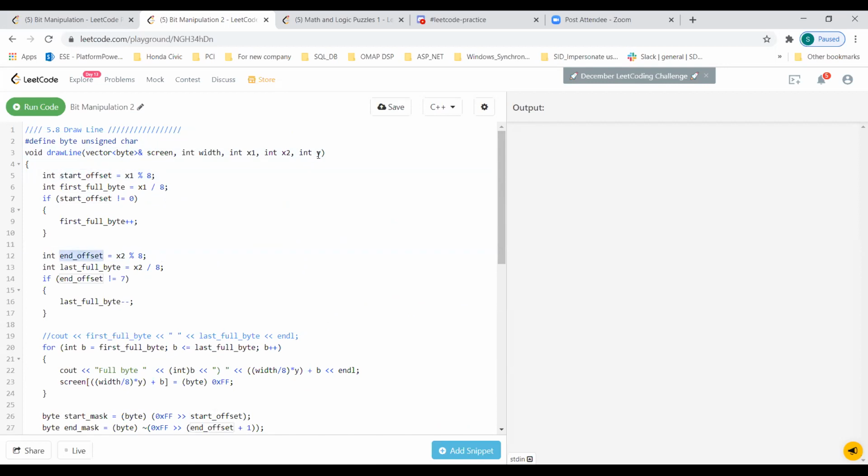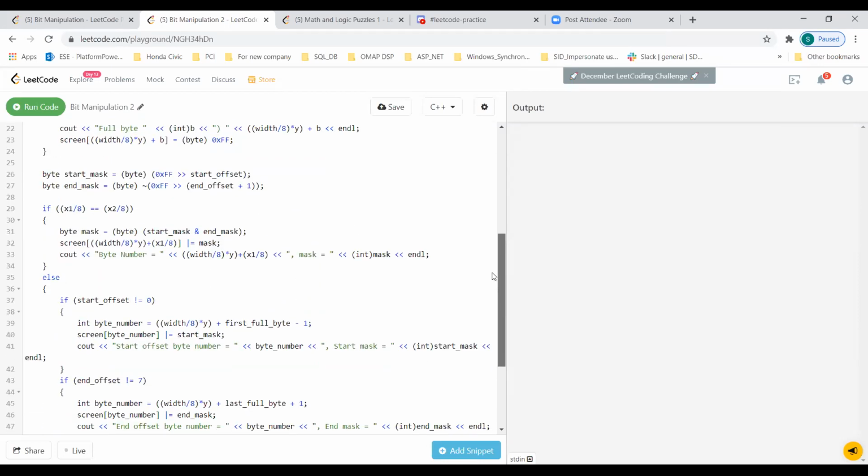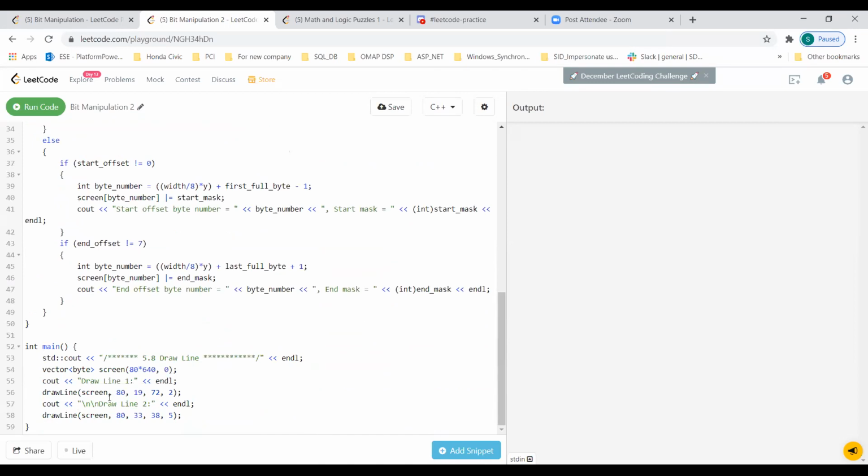My y is going to remain the same, so I don't have to bother with that. In this case I have just x. So to find the x offset first, I take x1 and do a modulo by 8, right? If I take exactly the example shown here,